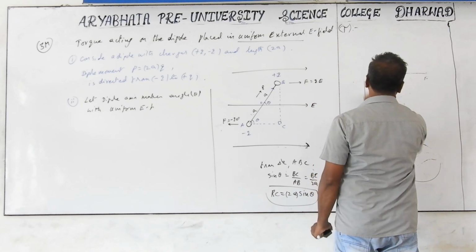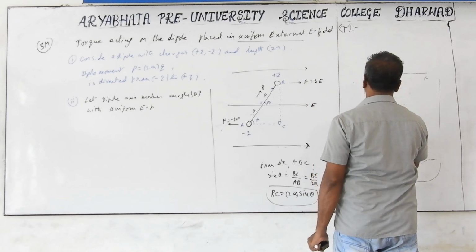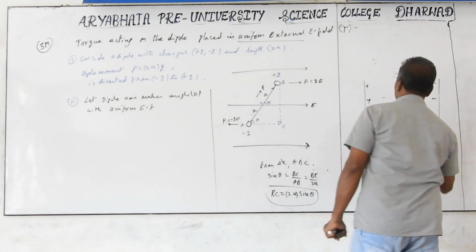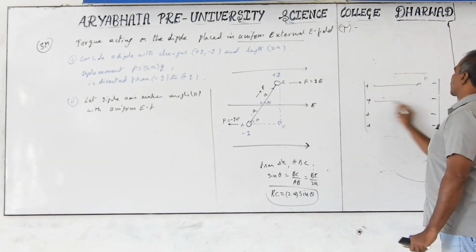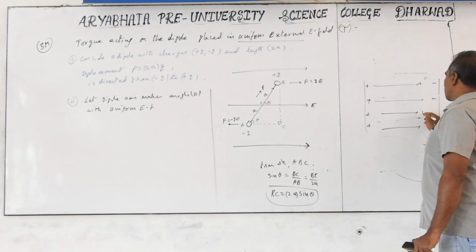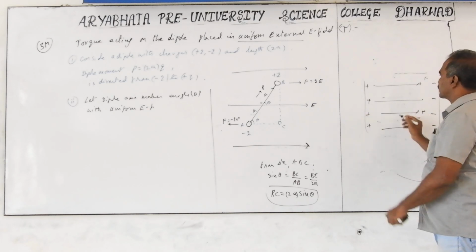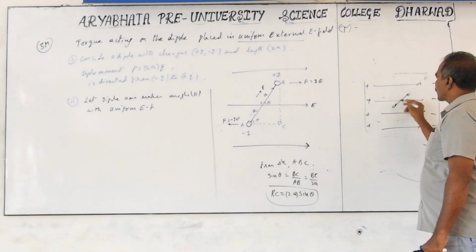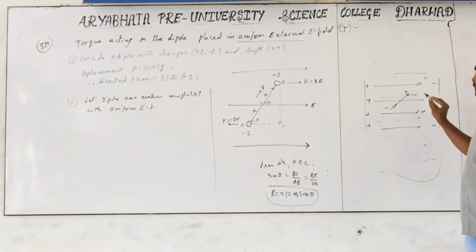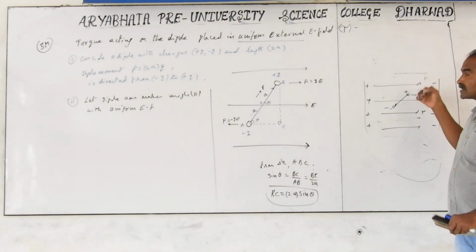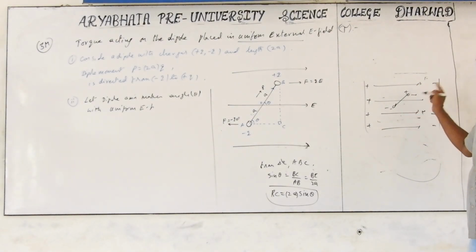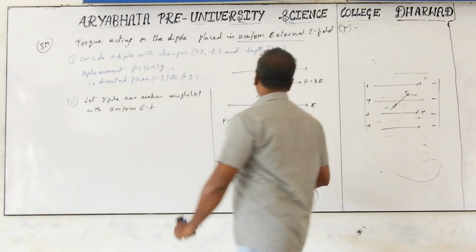So I take two metal plates, one charged positive and the other negative. Two parallel plates like this are called a capacitor. The electric field between them is uniform, and it is produced by the charges on the plates. Now I am putting the dipole here, plus and minus, and there is a force acting on it to rotate the dipole. This dipole also has its own field, but we are not considering it. We consider only the field from the other charges outside, so it is called the external field.